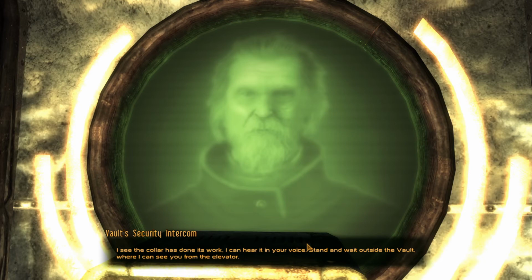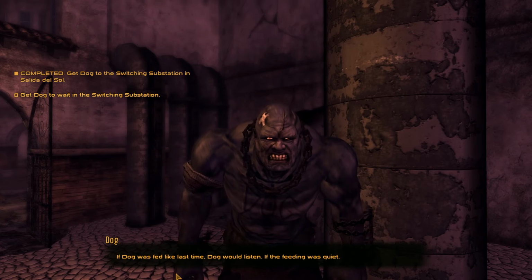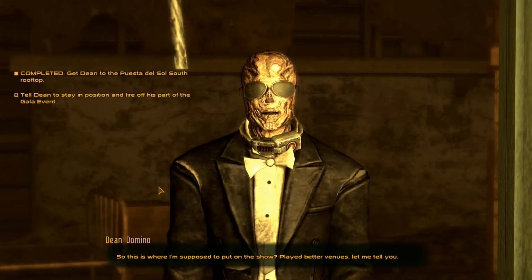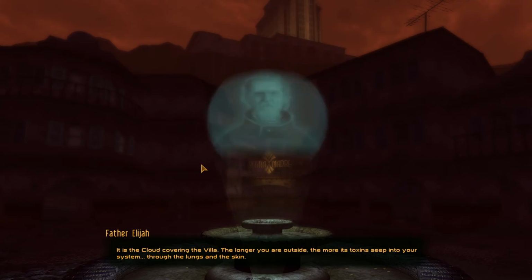Father Elijah is controlled by his insatiable desire of power and information. Dog is controlled by his obedience and hunger. God is controlled by his desire for vengeance against Elijah and domination over Dog. Dean is controlled by his obsession with the casino and his past that ties him to Sinclair. Christine is controlled by her desire for revenge. Despite these conflicting controls and greed, however, the heist members work together by the greater control of the collars that